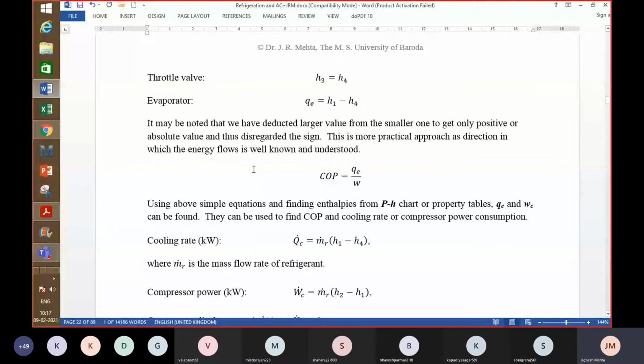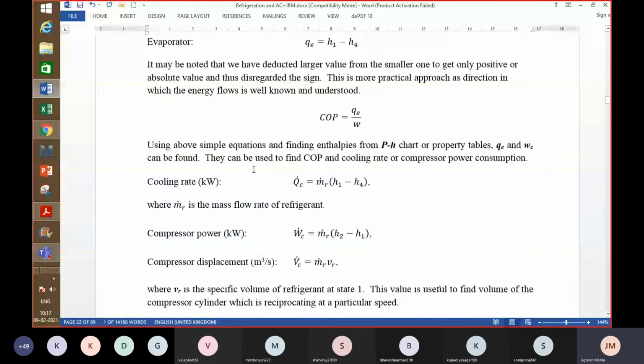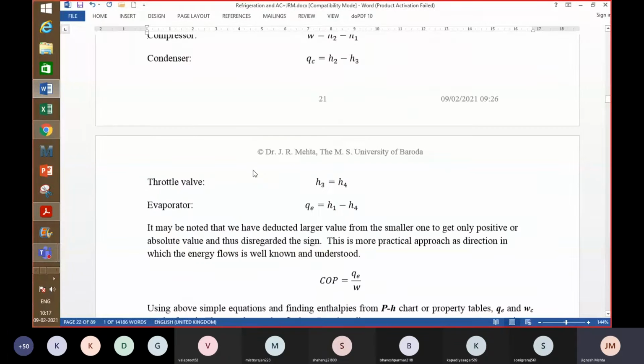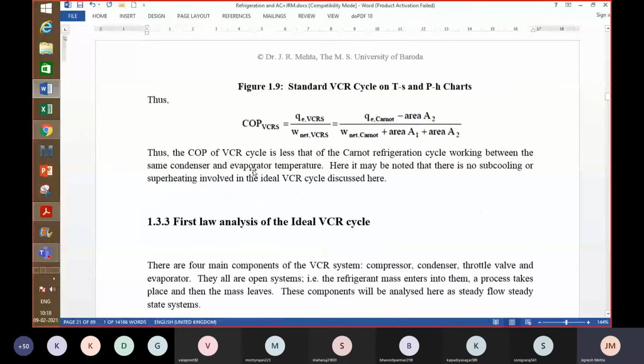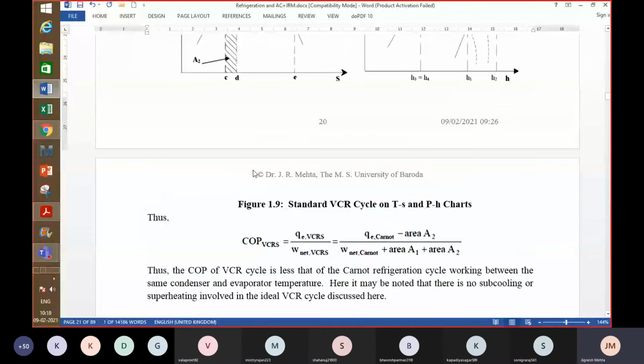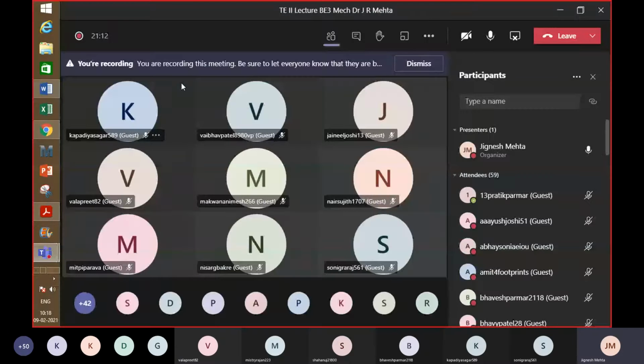On one side you have high temperature, high pressure refrigerant, and on the other side you produce low temperature, low pressure refrigerant, right? So this is the reason why people have found that it's not worth doing,